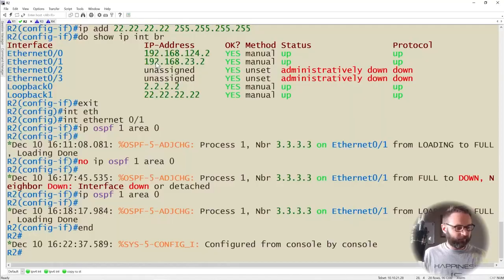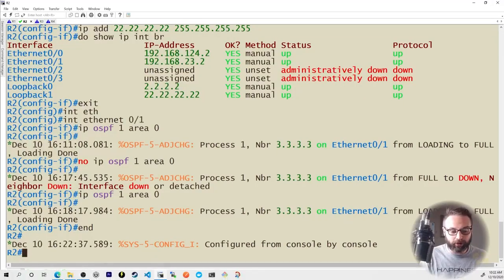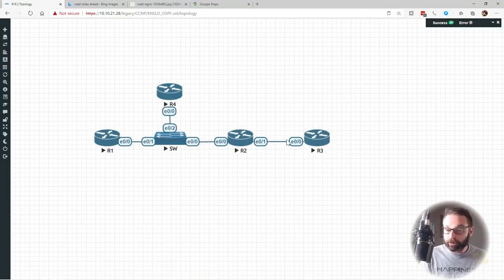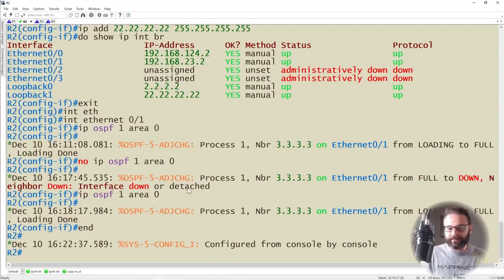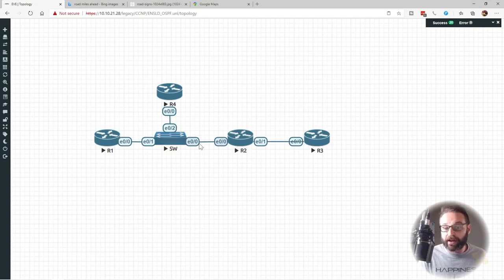Let's get going. In the last nugget, we actually formed a neighbor adjacency between router 2 and router 3. Remember this little segment right here? There's something interesting that happened behind the scenes that we didn't really talk about. There was an election that took place to determine who would be a designated router and who would be a backup designated router. This doesn't really matter on a point-to-point link, but it does come into play on, say, the other segment that we have here,